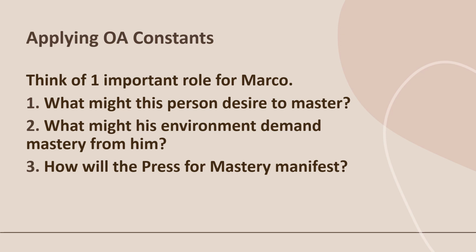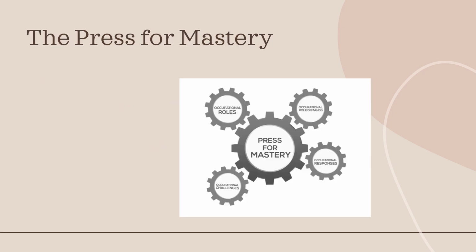So potentially he would need to have the right kind of vehicle. He needs to be able to get there on time. The environment itself, the press for mastery, is going to be so that he can get his kids to school on time and get back to work. So we have his press for mastery could be his occupational role,